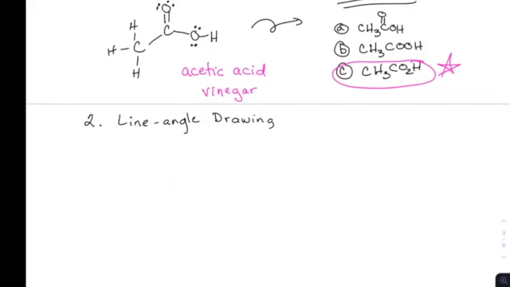So in these, we are not going to explicitly draw out carbons or carbon-hydrogen bonds. So I'm going to write that down. We don't explicitly,